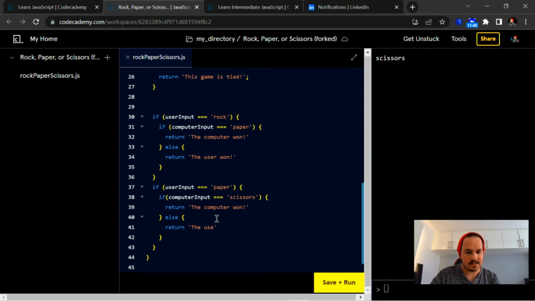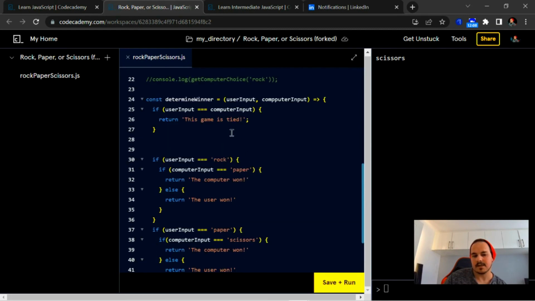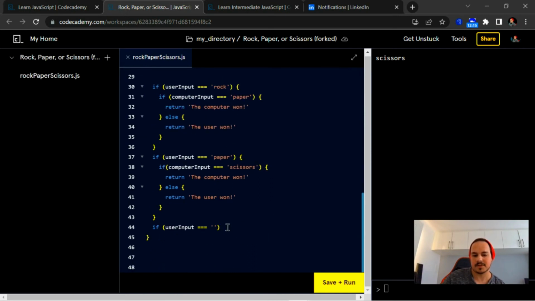So then else the user one. Start off fresh again. So if user input is equal to, so we had rock, paper. Obviously, we can't have scissors and scissors because we've already applied that logic at the beginning of this function. All right, so that was the first if statement. So finally, rock, paper, and then scissors. If user input is scissors,